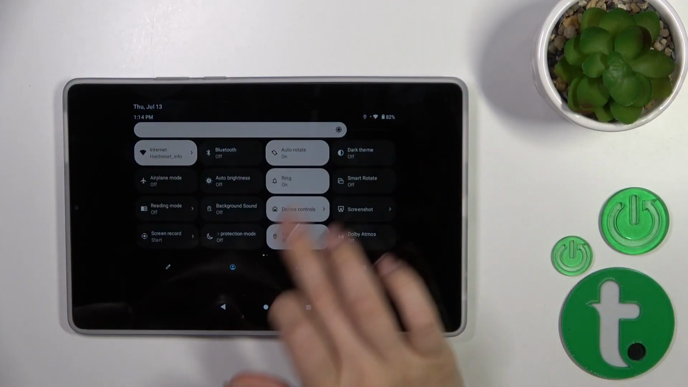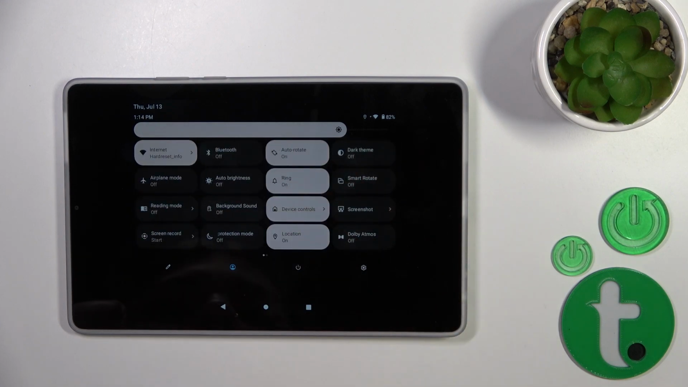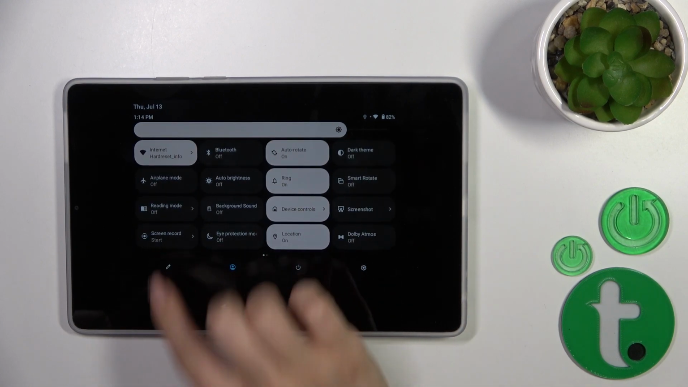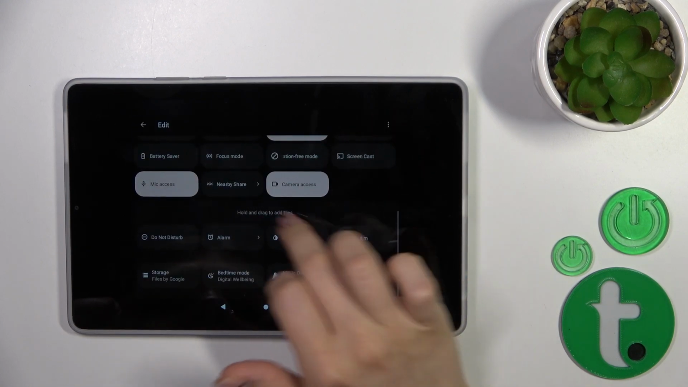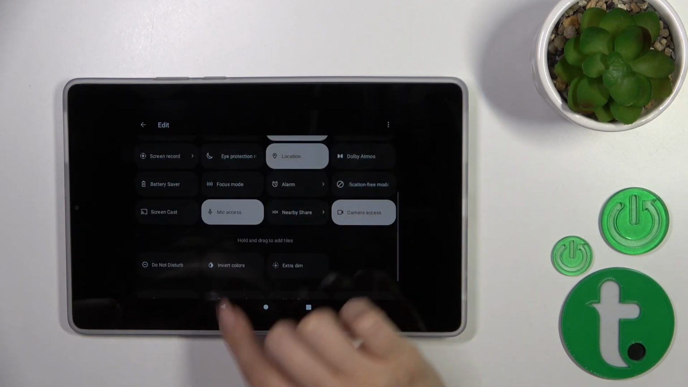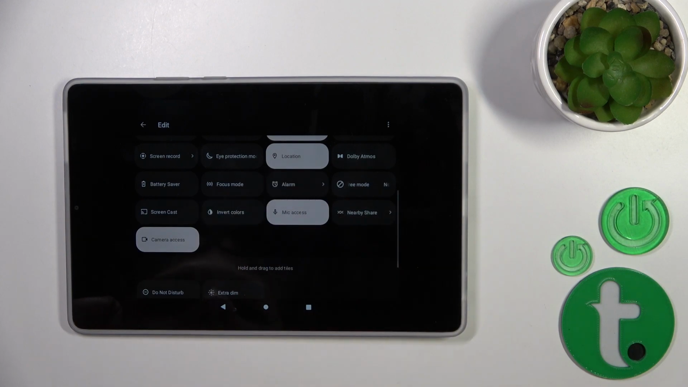So first open the control panel, and if you want to add here some options or remove some of these available options or just to change the positions of the icons, we should click here to this edit icon. Here you will see this down section with invisible options. If you want to add them to your panel, you should just hold each of the icon and drag it